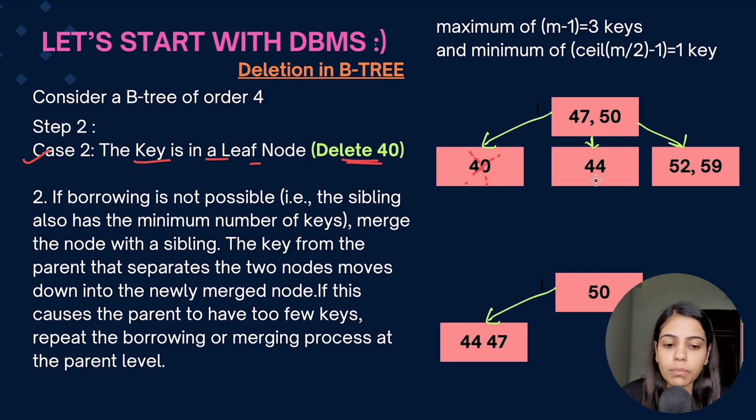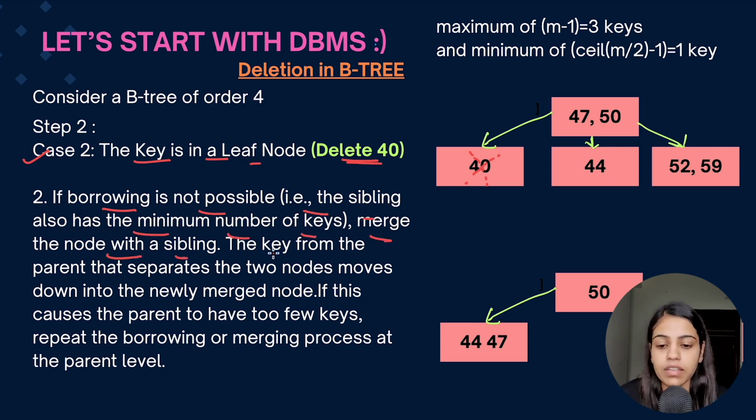And I can't borrow from my sibling because the sibling also has the minimum number of keys which is required. If I borrow from the sibling, it will be short of keys, right? So in that case, merging happens. If borrowing is not possible, that is, the sibling also has the minimum number of keys, the node is merged